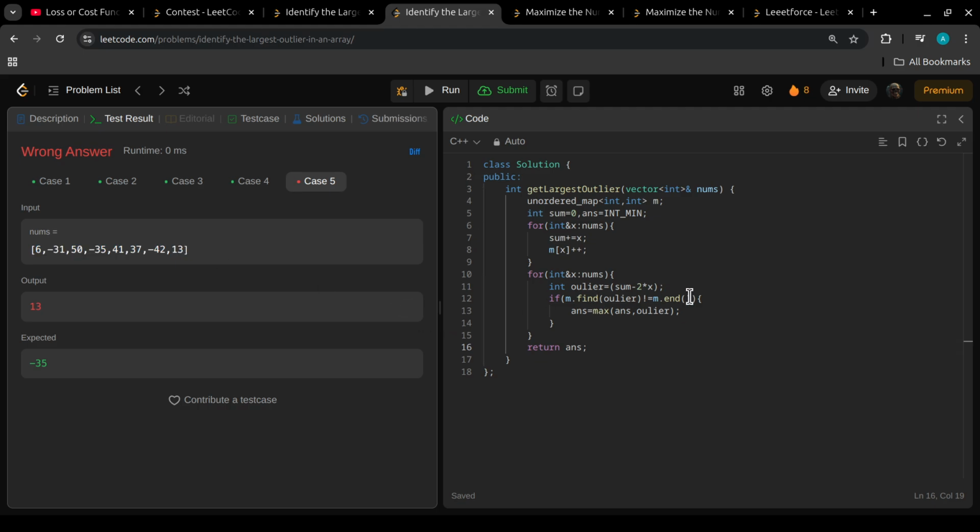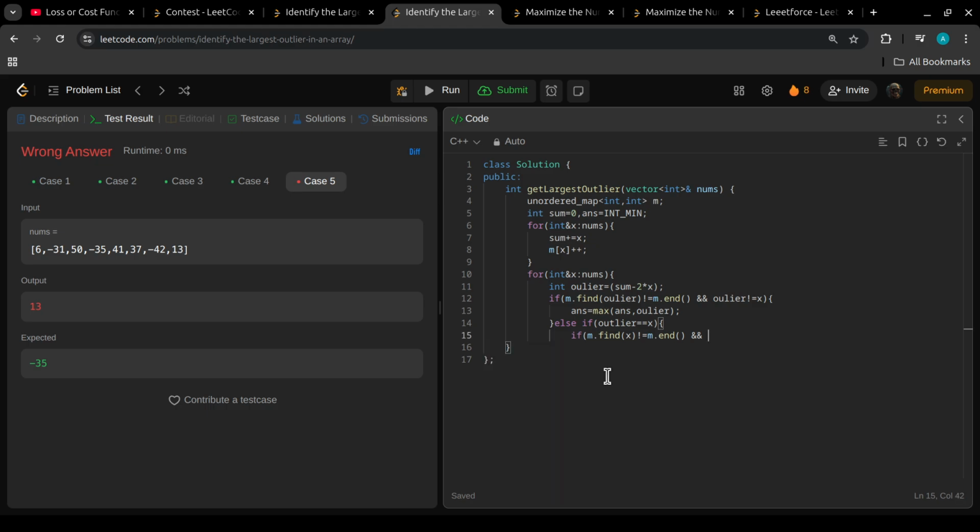So I need to also handle the case where the outlier is equal to x. That means I need to make sure I have two frequencies of the same element in the map. So if m dot find outlier is not equal to m dot end,